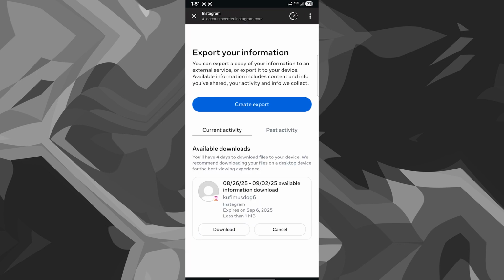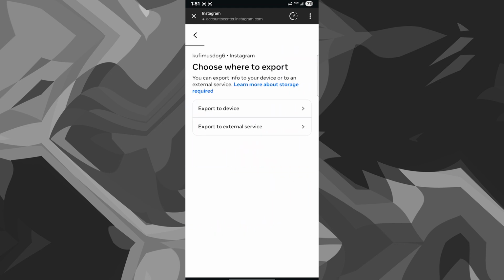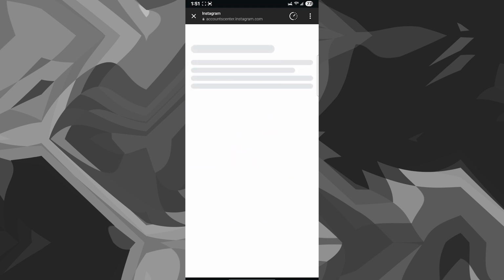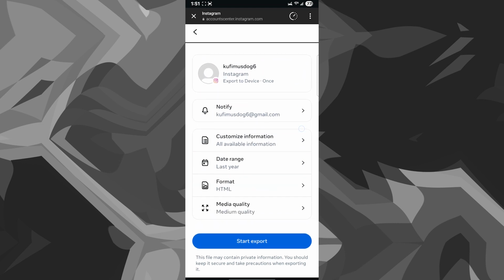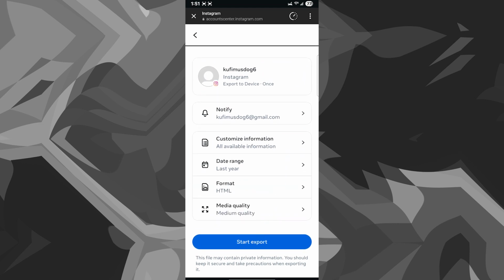your data. Now under here you will see that I have already exported something before, but if you haven't exported anything, just click on export, create export, then you can click on export to device, and then you can select all of these options. Now keep in mind, keep the media quality to medium, and make sure you select the